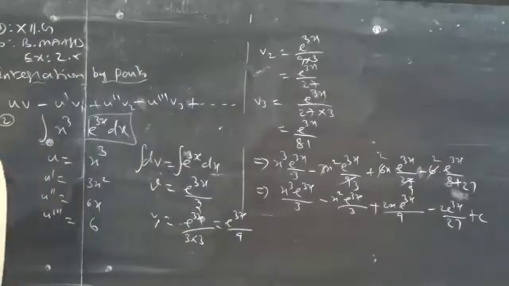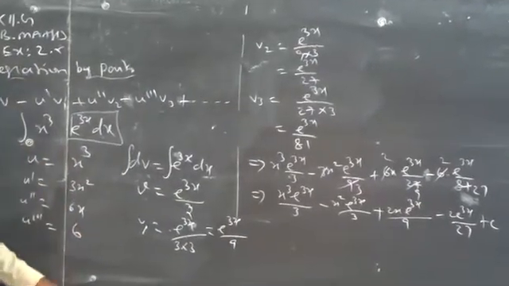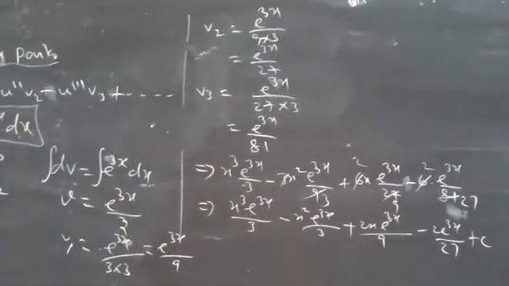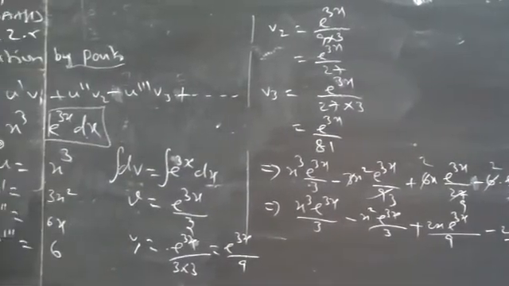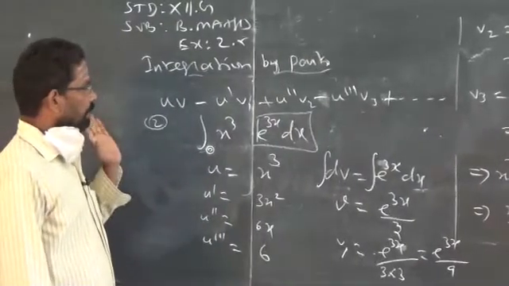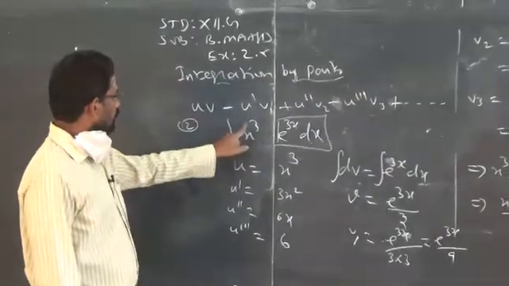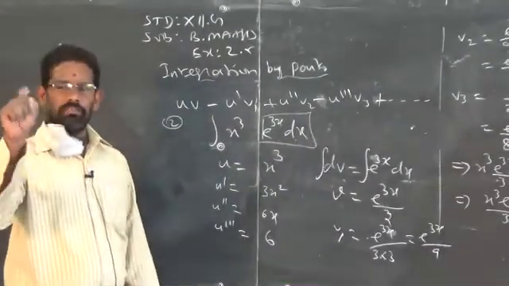Clear. So this will be very easy. Only thing you must know the formula and be careful of integrating u, as well as integration of dv, and differentiate u. This will be very important. And also remember ILATE. So when the power of x is 2 or less than 2, you straight away apply uv minus integration of v du.